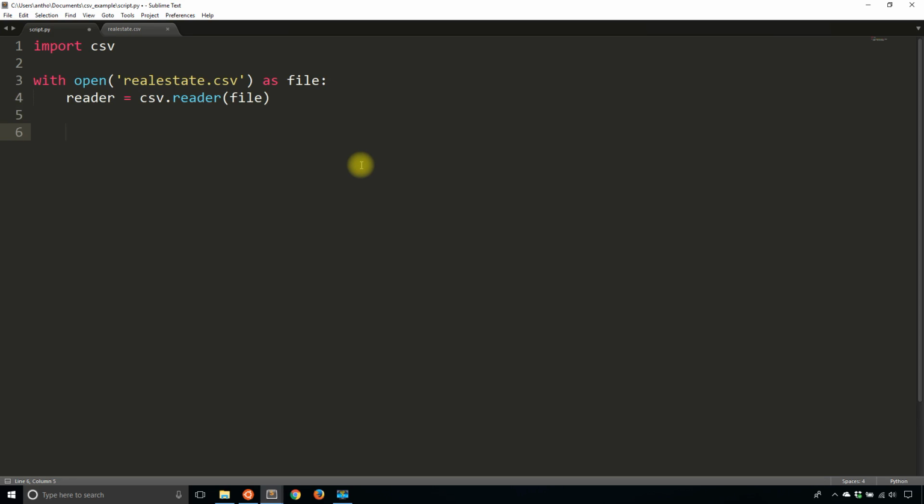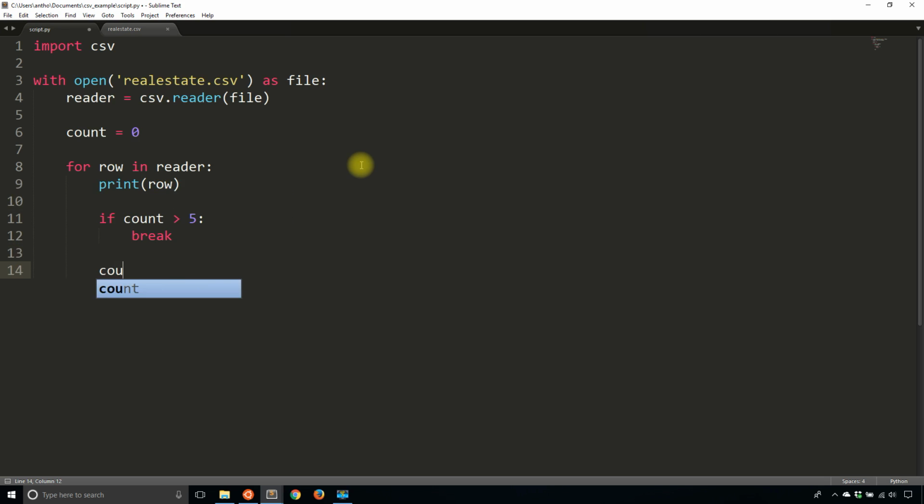So to demonstrate, first I'll create a count variable so I don't have to see all the rows, because there are quite a few. I'll say for row in reader, print row. And then if count is greater than, let's say 5, then I'll break out of the loop. And if it isn't, then I'll increment the count by 1. All right, so if I run this,